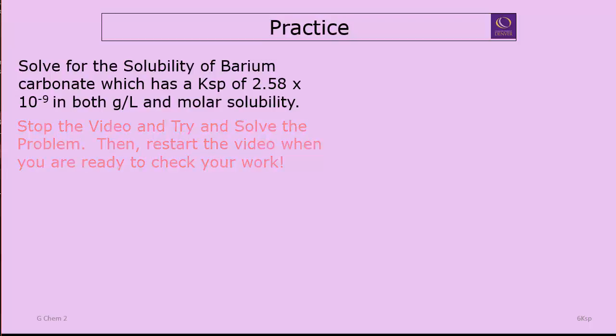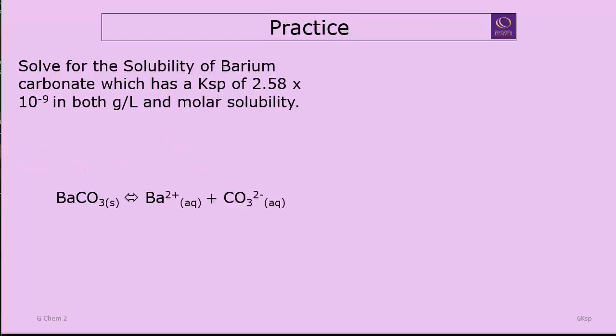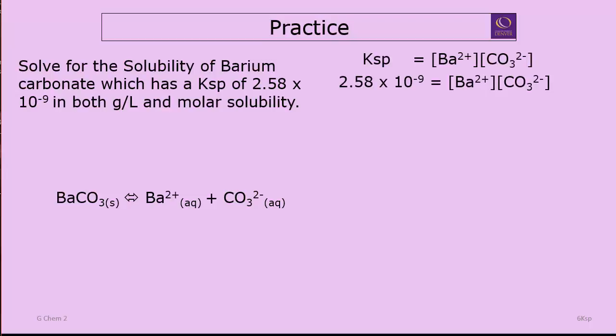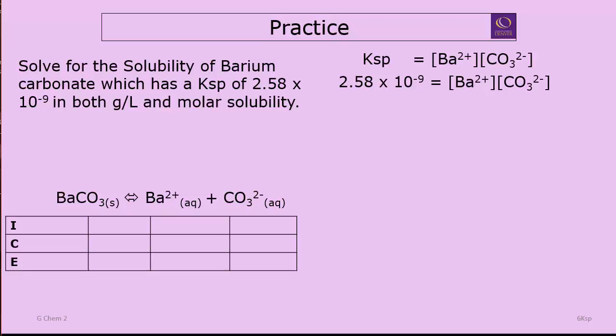Okay, let's see how you did. So barium carbonate, again, you can look at the equilibrium here. That helps set up your Ksp expression, which will be equal to the 2.58 times 10 to the minus 9. Set up your ice table. And once again, you don't have to set up the ice table every time, because before long you'll get used to looking at things that go apart into one metal to one ion relationships and know it's going to be Ksp equals x squared. And that'll just be a lot quicker, but until you get used to that, and I do recommend you get there at some point,